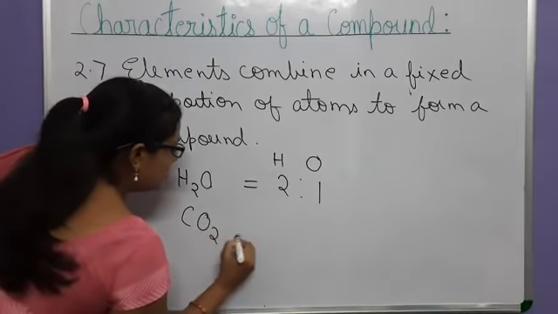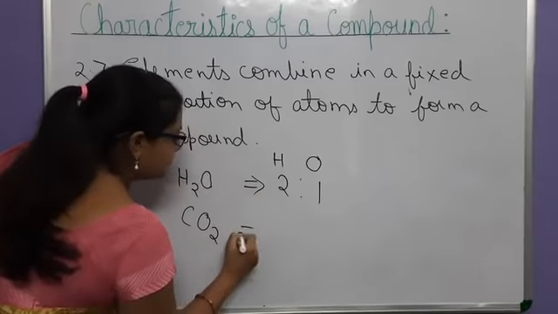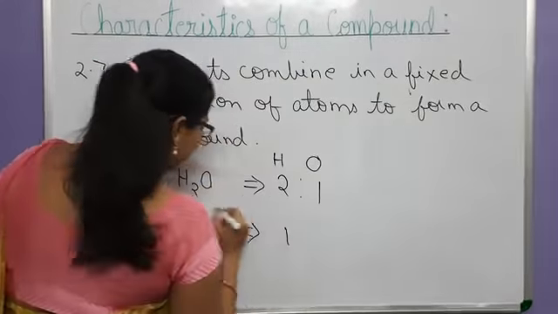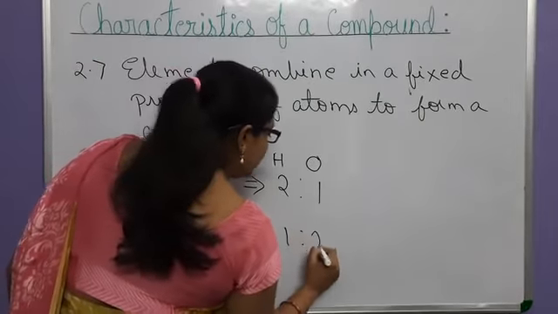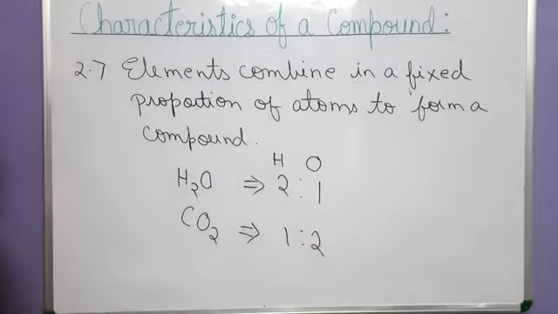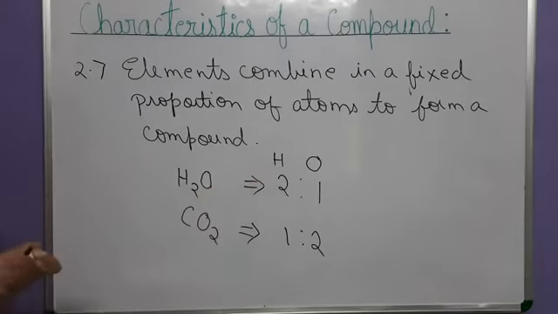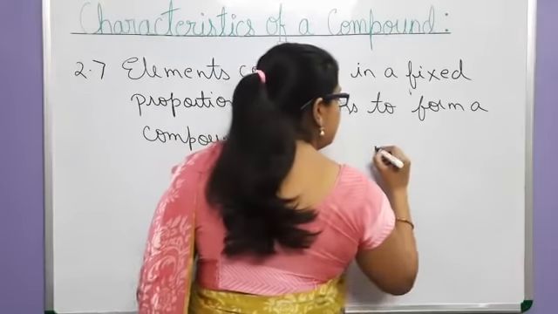Here, what can you see? How many atoms of carbon? 1. And how many atoms of oxygen? 2. So the atomic ratio of carbon and oxygen in carbon dioxide is 1:2. Similarly, you can take some other examples. Take the example of sulfuric acid,